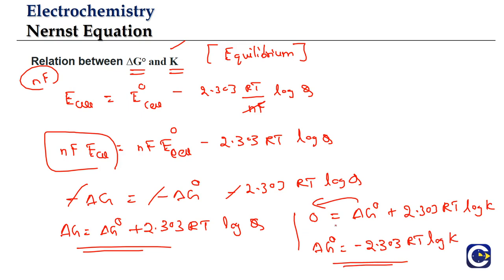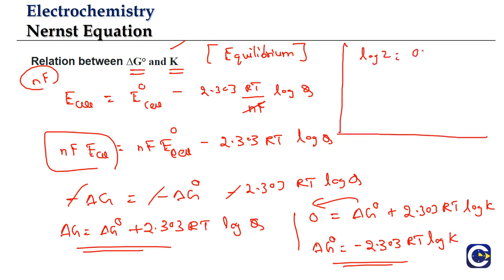In all these problems, even in this particular problem, if we are converting delta G naught into K or K into delta G naught, we have to use the logarithm. If we are given simple numbers where the logarithm is easy to get, we will not have much of an issue. Otherwise we have to use the log tables. In competitive examinations, generally they will give us the log values.